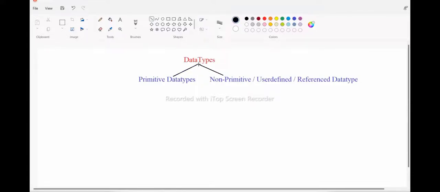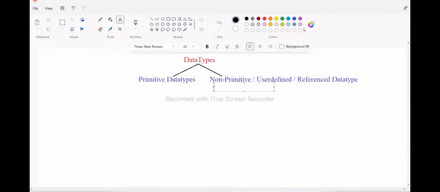non-primitive data types. Guys, when we are speaking about non-primitive data types, there are different types of non-primitive data types, for example string, array, abstract class, interfaces, and so on. All these are